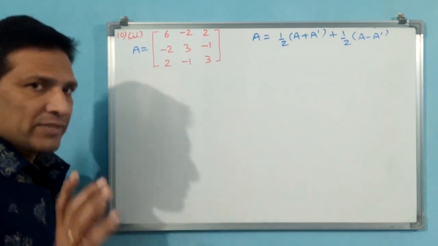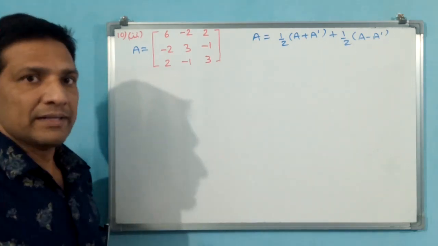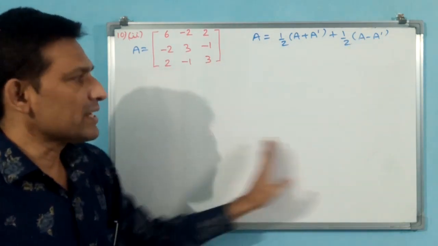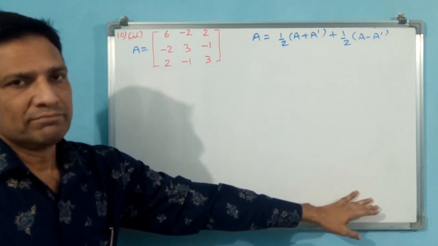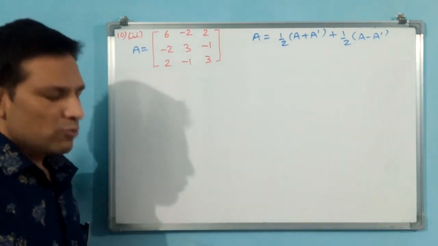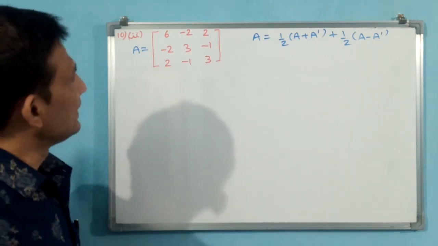Let us do this. Actually, this question is also not a correct question. The third one is correct. Why? Because in the second question also, for the skew symmetric matrix, the entire zeros are going to come. Then that is not going to give what we can say. Anything we are going to prove, but let us do it. Because they have given the question, we have to do that, sir.